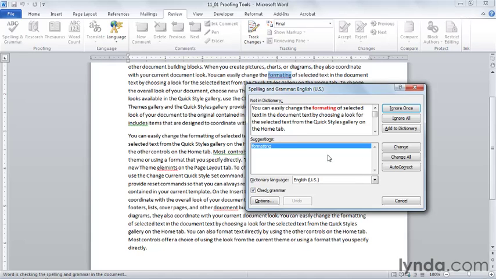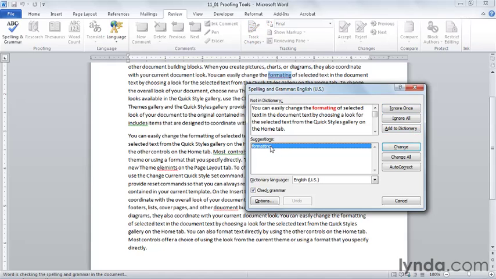I have 6 choices. If this word were actually spelled correctly, for example, if there's a new industrial process in our company called formatting, I could say ignore this either once or ignore it every time in this document. If this is a word that I want to never have Word check as incorrect again, I can add it to my dictionary. If you do this, you want to make sure that this word is spelled correctly because you're adding it to the list of words to ignore for all time in all documents in Word, Excel, PowerPoint, and Outlook.